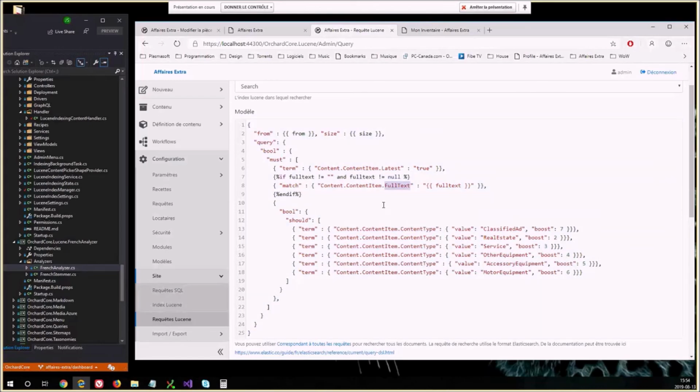Because I was using the index just by adding this, that removes the need for me to use the SQL indexes. Yeah, but it can still be useful to be able to query a content item by a field in SQL rather than in Lucene, so you don't need to install Lucene too. Yeah, SQL is still more reliable than Lucene because you can wait for indexes to be indexed.